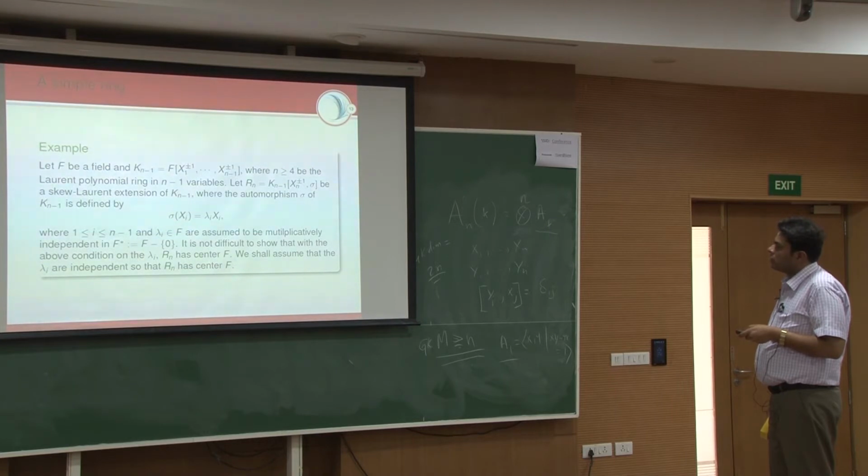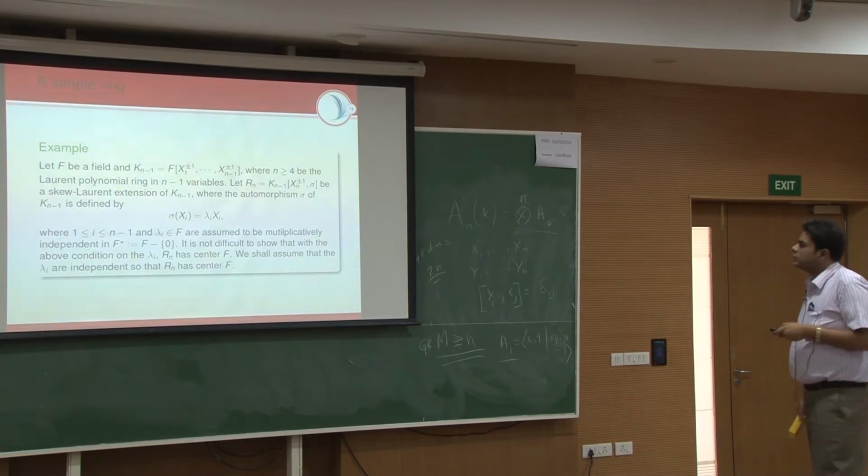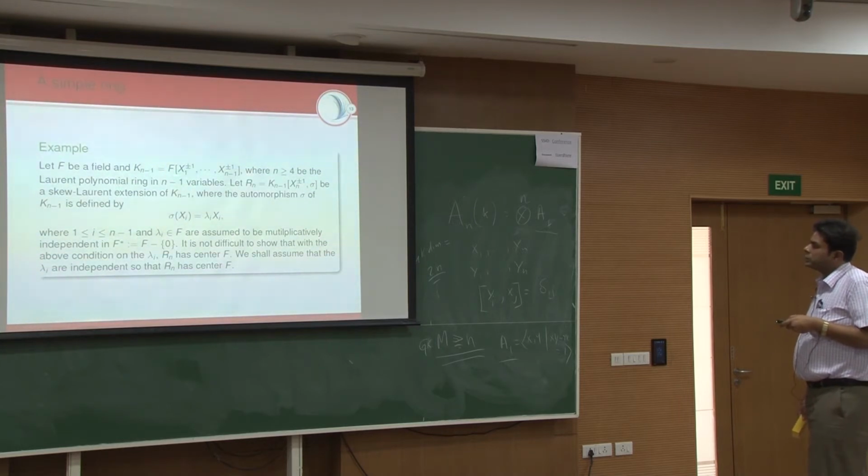This is a kind of toric automorphism of K_{n-1}, and we define it like this. So this q-Laurent extension is always given with respect to an endomorphism. So in this case, we take sigma to be this endomorphism